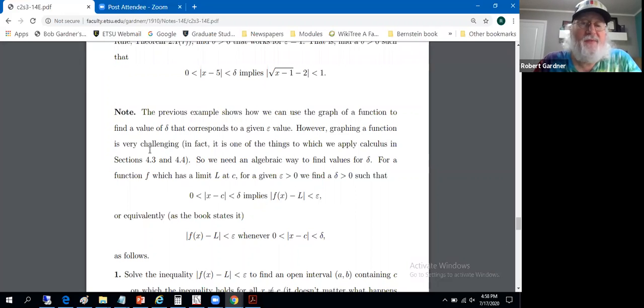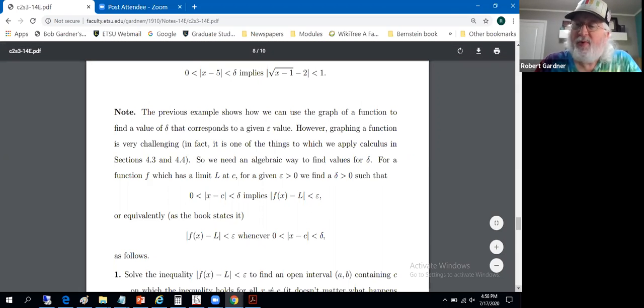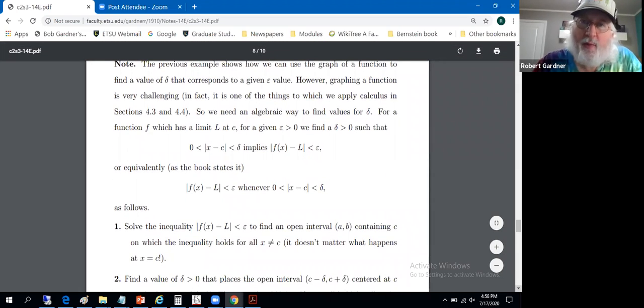But graphing a function can be a challenge. That's one of the applications of calculus, is to make you better at graphing. In Chapter 4, we'll look at applying calculus to graphing functions. So we're going to need a way that doesn't depend on the graph if we deal with more complicated functions. We won't deal with very complicated functions, but we need an algebraic way to find deltas. For a function f, which has a limit L at c, for a given epsilon greater than 0, we find a delta such that the implication we desire holds